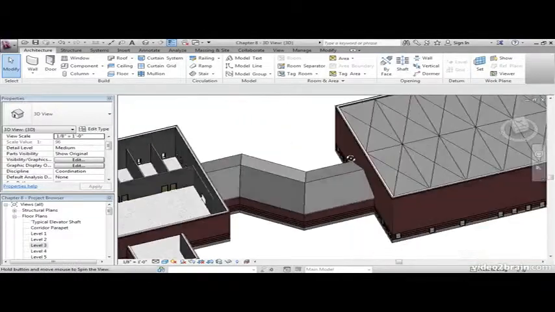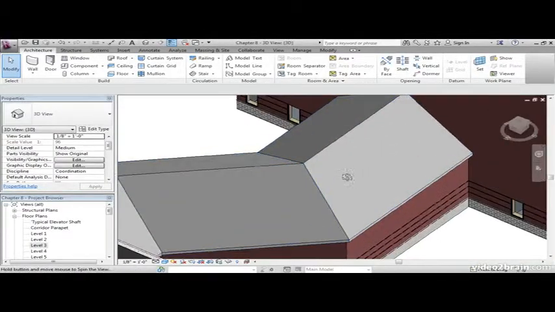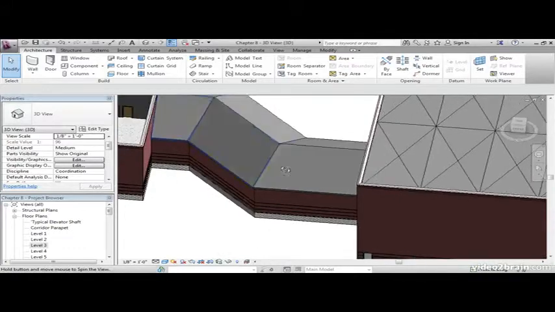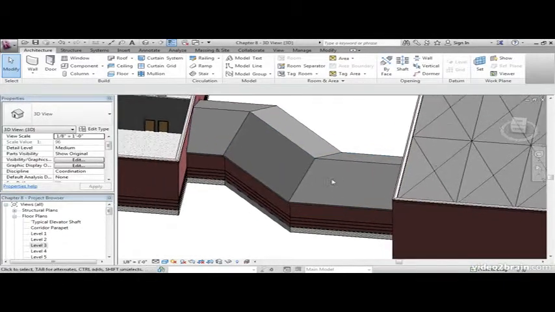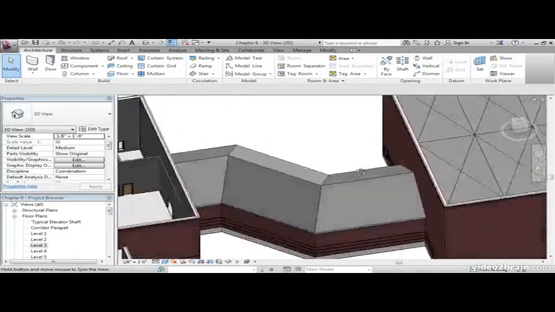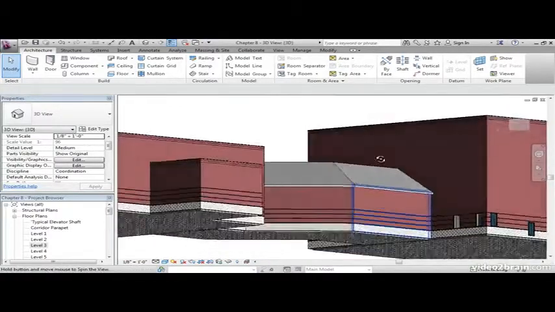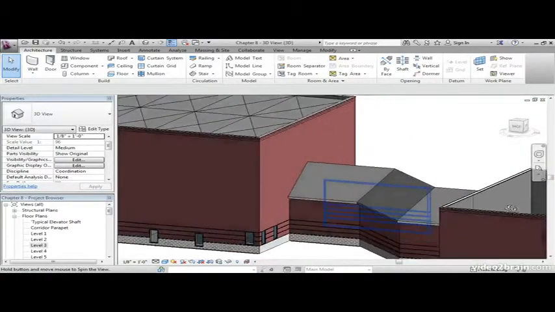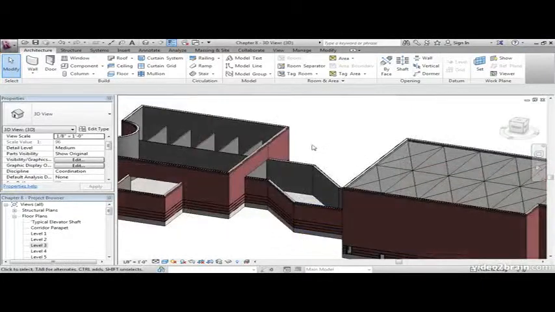In my example, you'll see the roof that we're going to make. Unfortunately, what's going to happen is we're going to have to make it in pretty much two pieces, and I'll show you how in a minute. But you can see that we have a little bit of an overhang, and our roof is sitting there pretty nice. The first thing we need to do is deal with these walls, because they're not going to work out